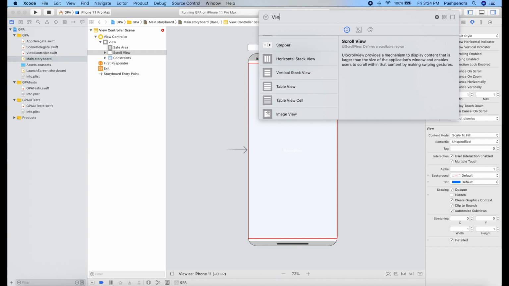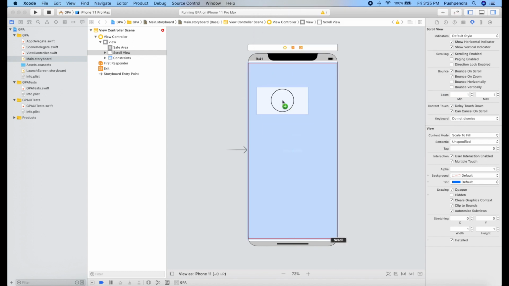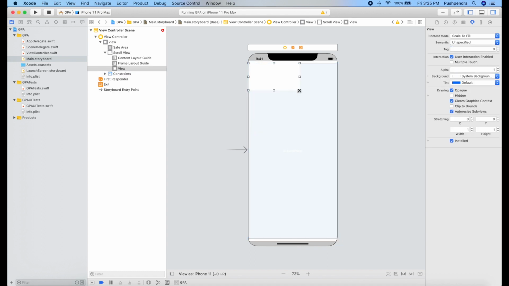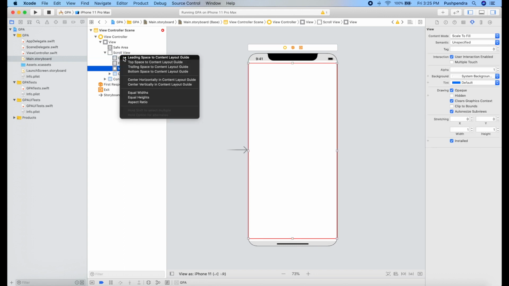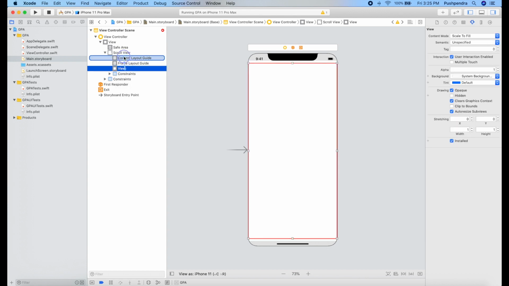Inside the scroll view, for using the scroll view I have already created one separate tutorial, so you can go through that tutorial. I will mention it in the description. So here I take one child view, and inside the child view I am setting the constraint of the content layout guide, which is inside the scroll view.